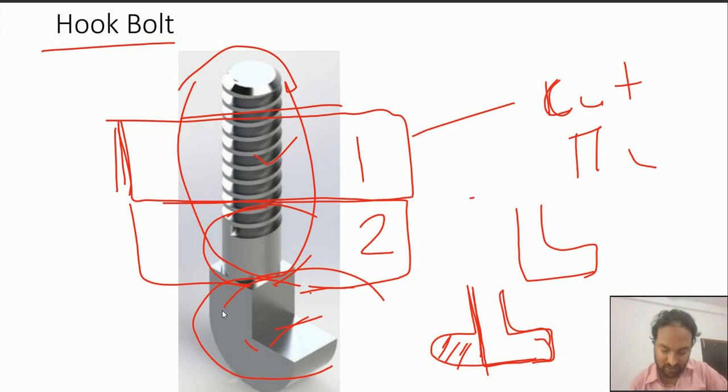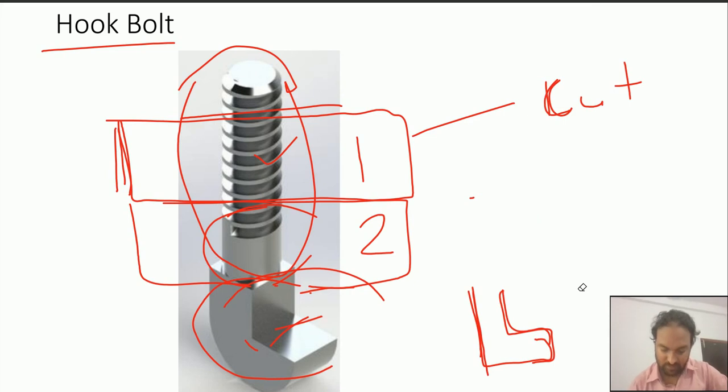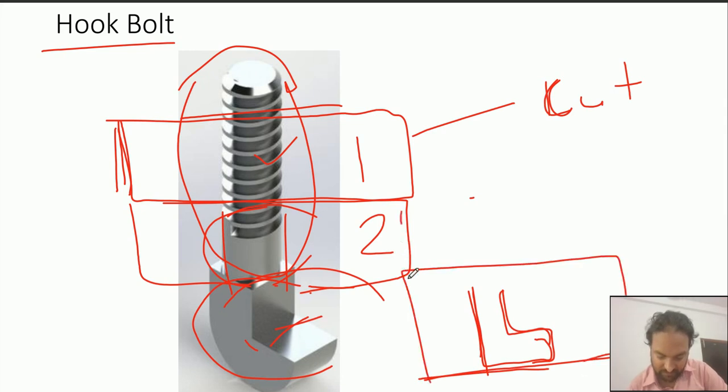Part 1 will either have the screw thread cut, and in part 2 we will drill a hole, but there would not be any thread. So how will it lock? See the position of part 2. This would be the bottom surface, and then part 2, and then part 1, say part 1 length is there, say this one.